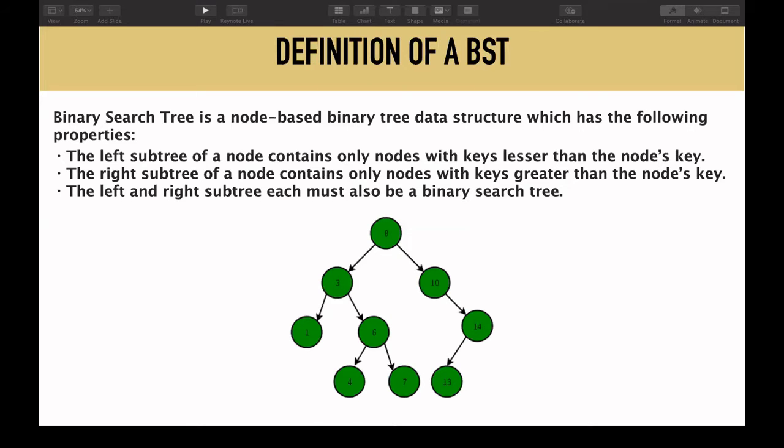So let us see the definition. I feel that you all are aware of what exactly a binary tree is: every node can have at most two children. If that holds true for a tree, that tree is known as a binary tree. Now, what is a binary search tree? As its name suggests, binary trees which are capable of performing search operations in the most efficient manner.